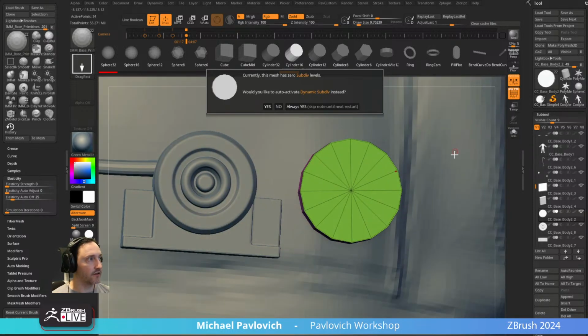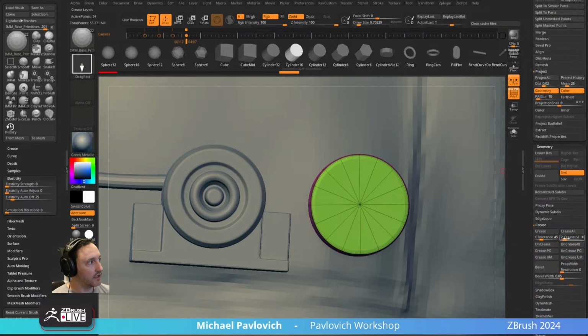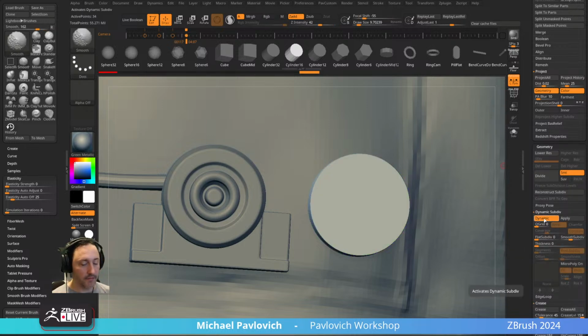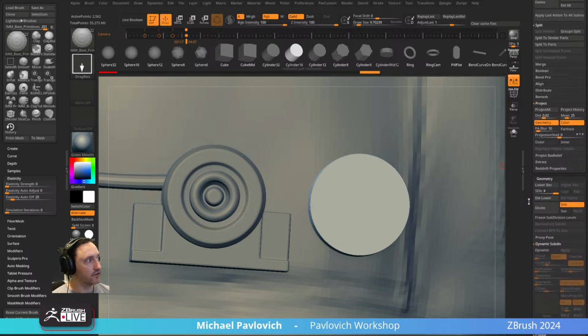And then you can hit D for dynamic. And let's keep it at crease level 15. Really, really super sharp. And then dynamic is just a preview, right? If you do a dynamic apply, now it's real geometry. And then you can go in here immediately and just turn on,